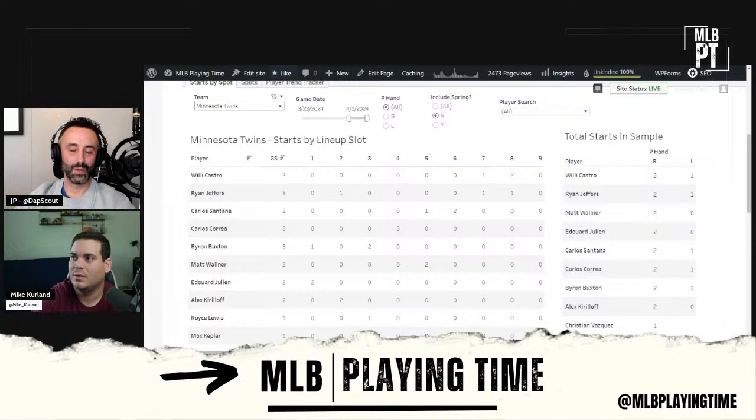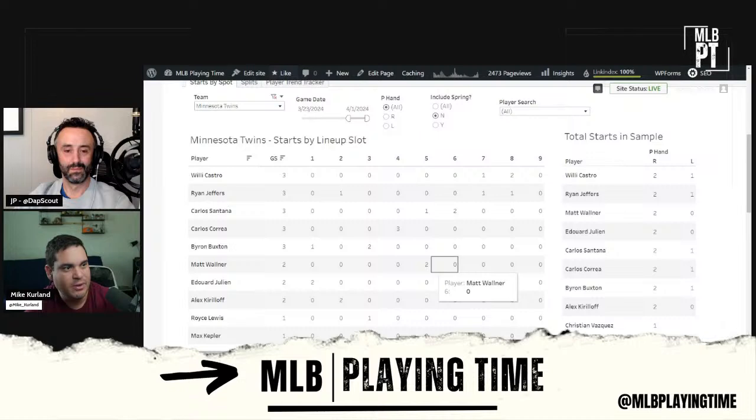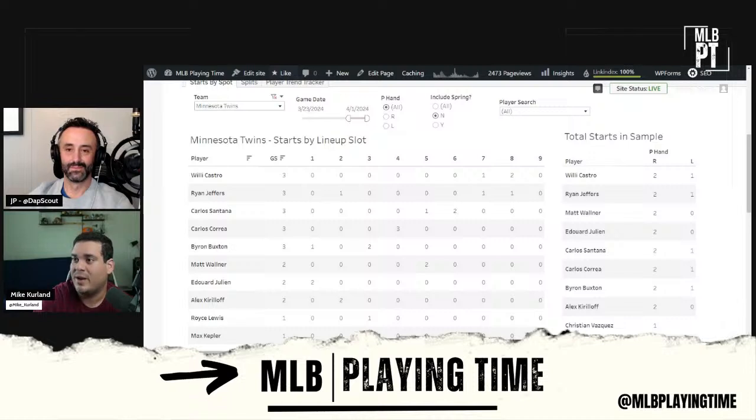I mean, Kirilloff, we just are waiting for the injury, sadly, but Wallner was kind of a big fantasy waiver wire pickup in this short week. So are you looking at where he's being utilized at all? So Wallner's a strong side platoon guy, which is great. He's been batting 5th, and the lineup came out today. I think they're already starting to play him. He's batting 6th today. So either way, he plays every day against righties. So Wallner's a strong side platoon bat, and that's the thing about Wallner. Just know that he's a strong side platoon bat.